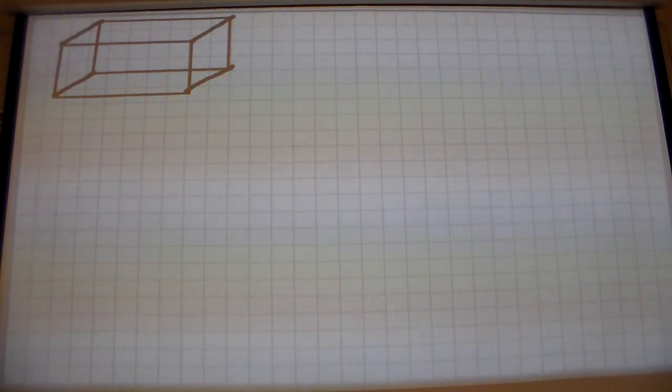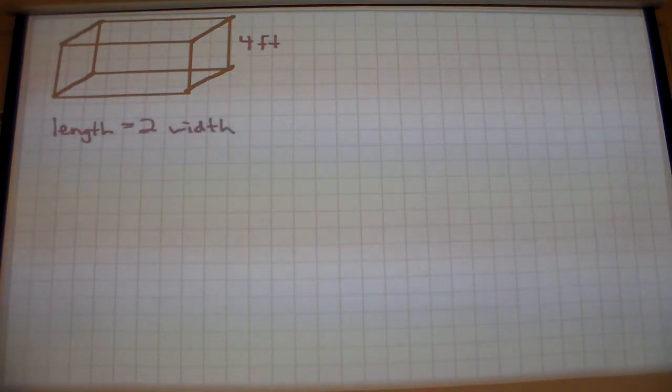So you have a box, a rectangular prism, that is 4 feet tall. And the length on the bottom is twice the width. Okay? You also know that the area of the whole thing is 288,